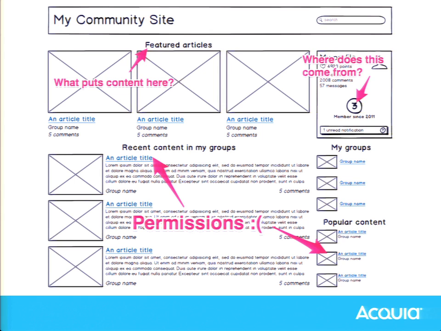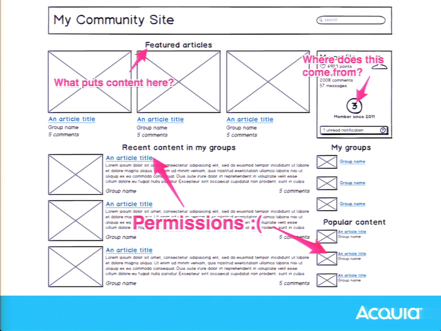So the problem is that caching isn't always a super simple discussion because it gets a little worse than the topics that we've talked about. So on the featured articles block, what puts content in that block? We talked about it being a field on a node that says that this is a front page article, right?